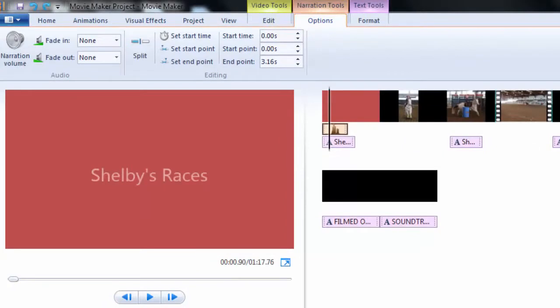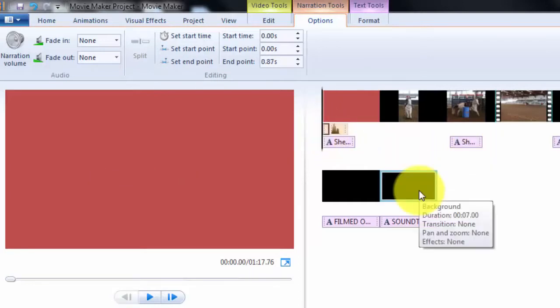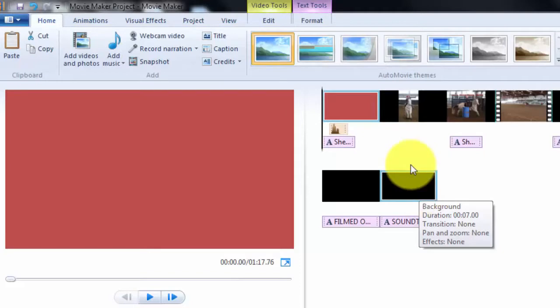So to eliminate some of that white noise, I put my black marker right where I want to split on my audio. I also have my audio selected. I know it's selected because it has the black outline. So I've moved my black bar to where I want to split, and I choose split. And then when I select the split part to the left, I can push delete,